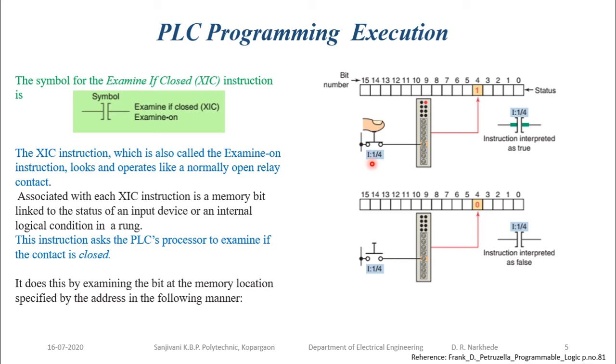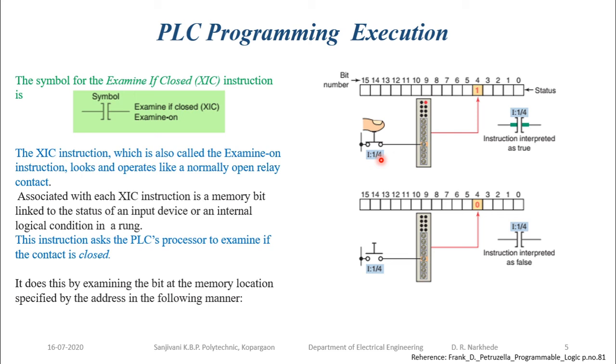Now this will vary from PLC to PLC. For Siemens PLC we are going to use I0, I1, I2, I3. For Allen Bradley we are going to use I:1/something, depending on how many inputs there are. This is the first input module and the fourth input, I:1/4. That indicates input module 1 with input number 4, to which I have connected the device. Is it clear?